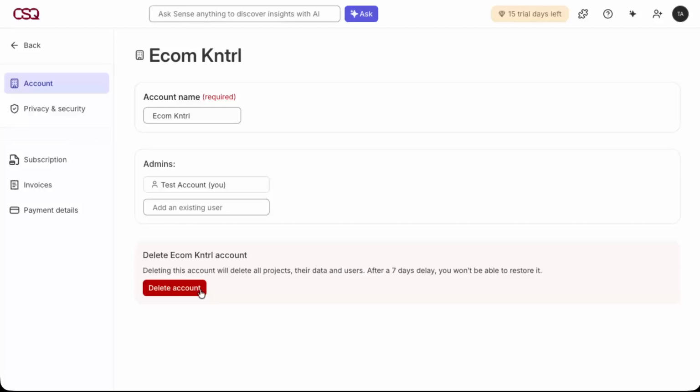At this point, Hotjar may ask you to confirm your decision, sometimes by re-entering your password, selecting a reason for leaving, or acknowledging that the deletion is permanent. Carefully read any warnings or confirmation messages that appear. If you're absolutely sure you want to proceed, follow the on-screen prompts to finalize the deletion. Once you confirm, your Hotjar account will be scheduled for permanent deletion. After that, you won't be able to log back in or recover your previous data, so make sure you've